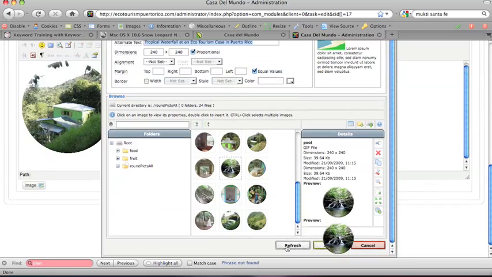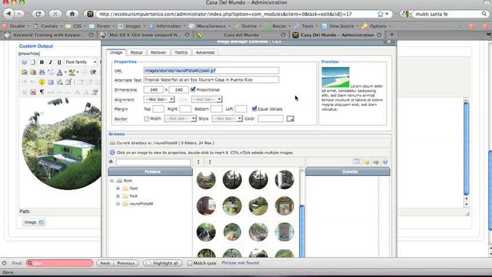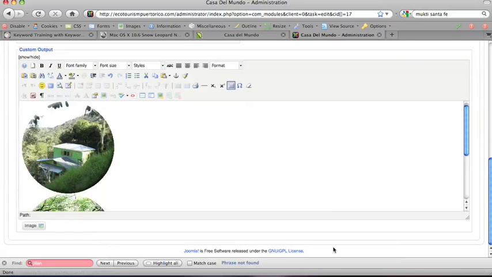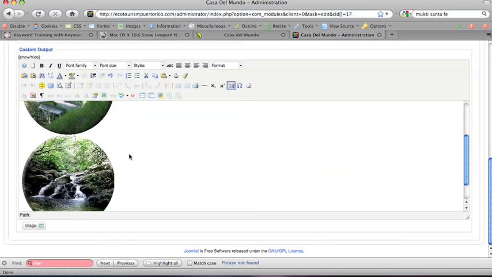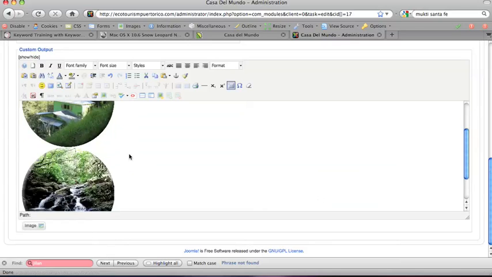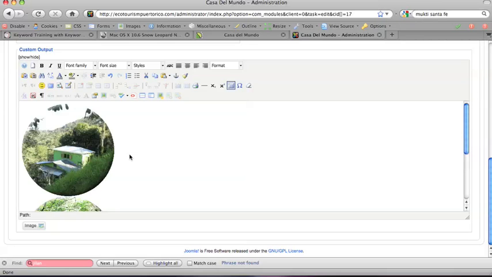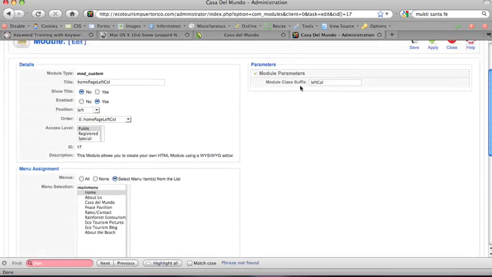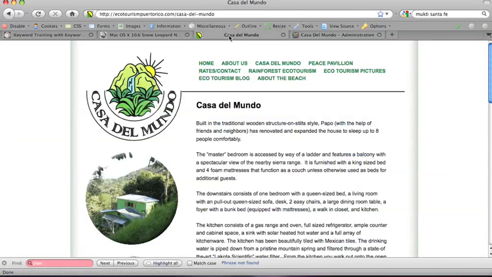I'm not sure if it does it in other browsers or on a PC, but if you find the images are doing something weird, just click refresh, and you'll see all the information we need is still here. We're ready to go, and we're just going to hit insert. In this case, it looks really close to the picture above it, but I believe that some cascading style sheet information is in the site that will prevent them from bumping into each other, so you don't even have to worry about that. So I'm going to scroll back up and click Save, and go back to the home page